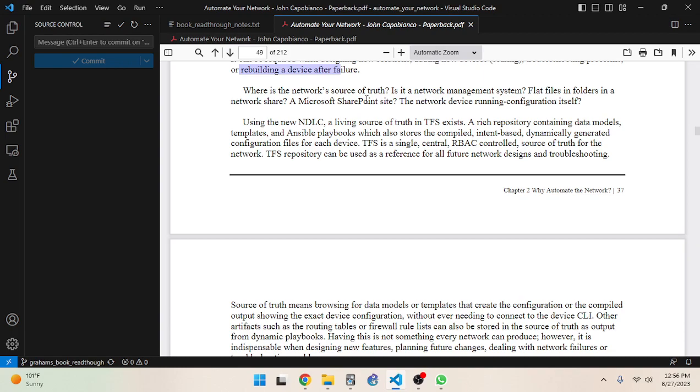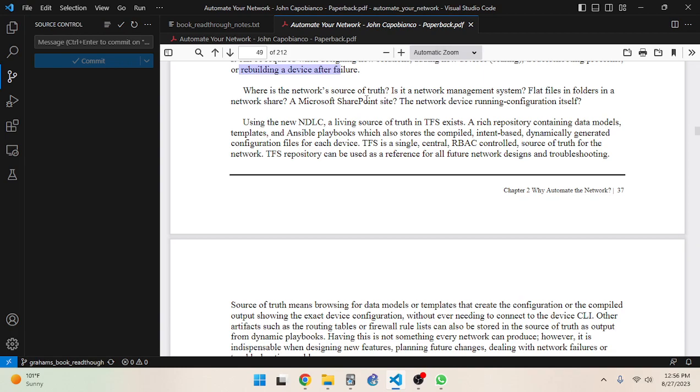So like, it's your source of truth. If you have some contractors, you can lock them out from changing the source of truth. And if the source of truth is just the network configuration on the network itself, you can't do that because you're hiring them to work on the CLI.